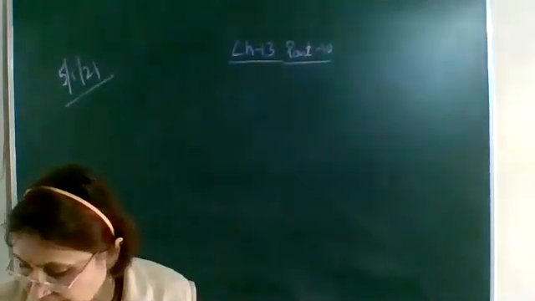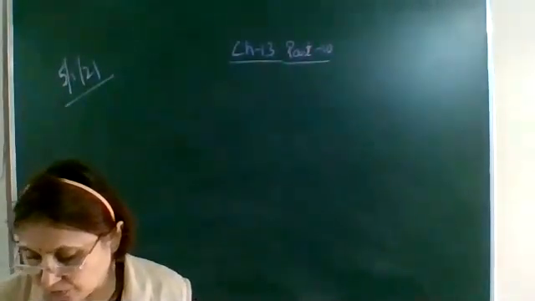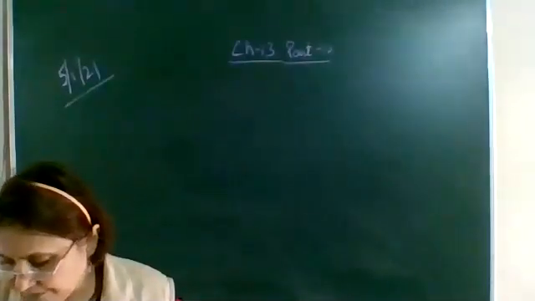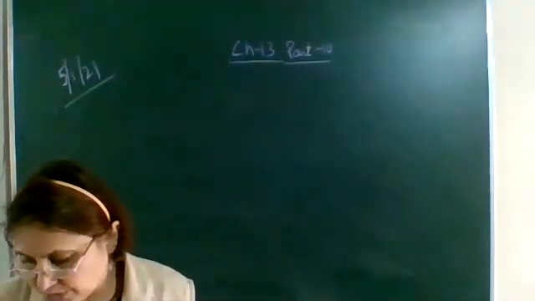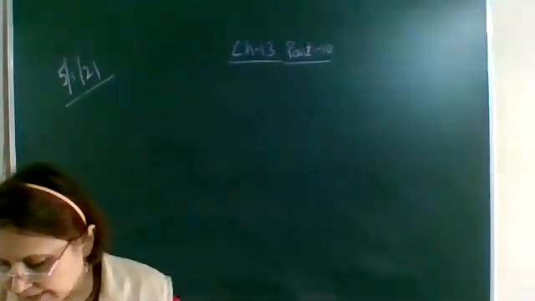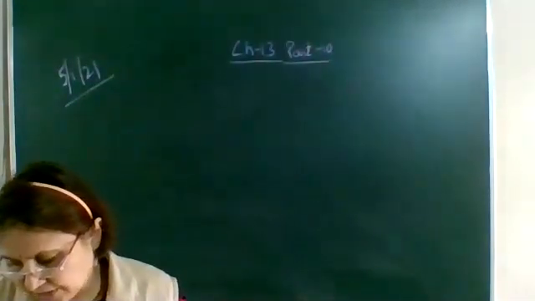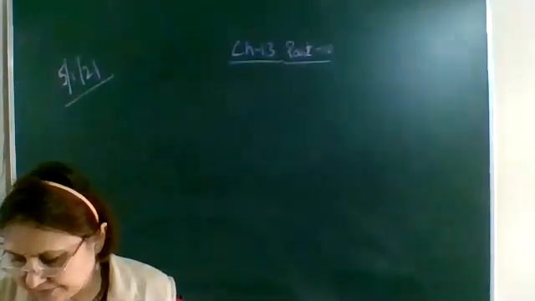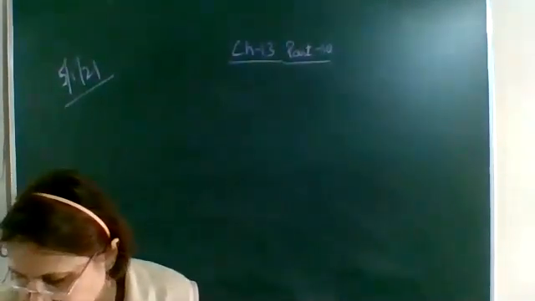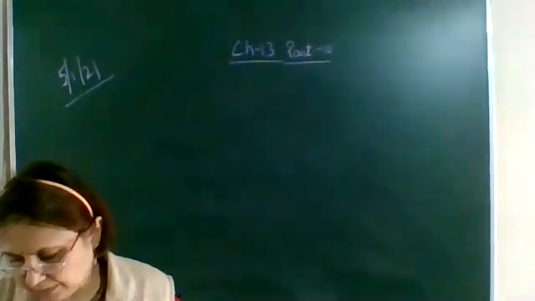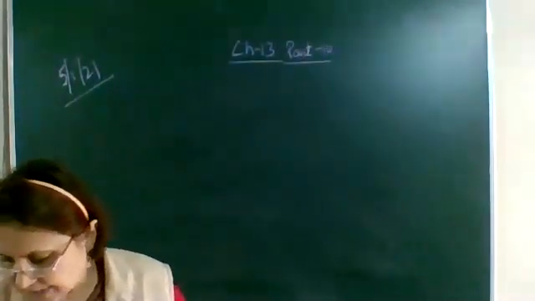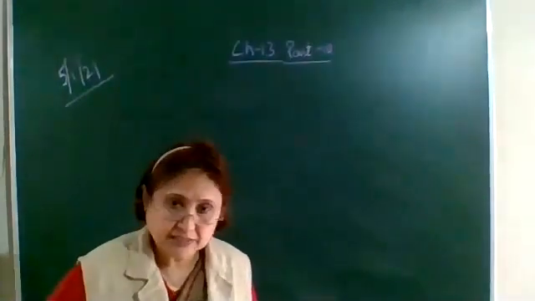You can also check if you move the south pole of the magnet towards the end of the coil, the deflections in the galvanometer would be just opposite to the previous one. When the coil and the magnet are both stationary, there is no deflection in the galvanometer. It is thus clear from this activity that the motion of a magnet with respect to the coil produces an induced potential difference, which sets up an induced electric current in the circuit.